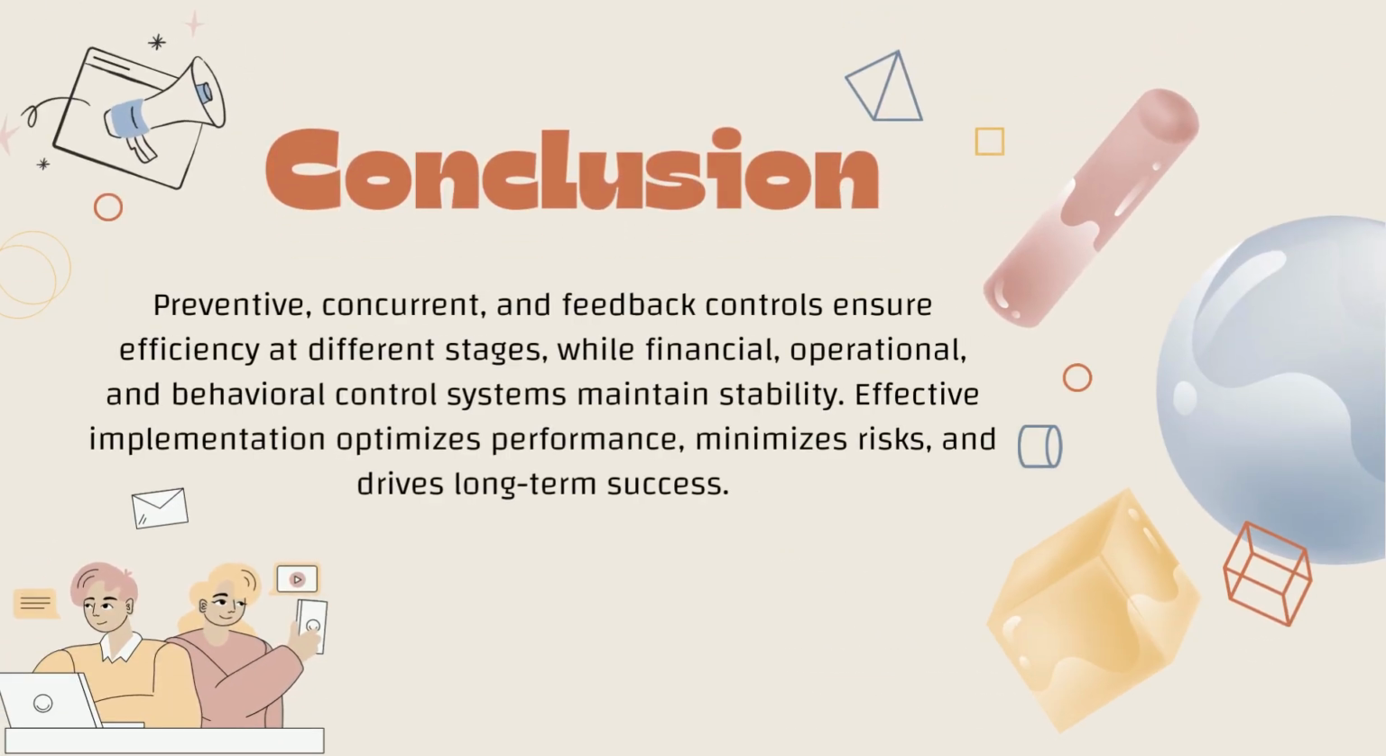Conclusion: three types of control, preventive, concurrent, and feedback, ensure smooth operation at different stages, while control systems, output, behavioral, and clan, help organizations maintain stability and strategic alignment by effectively implementing control. Business can optimize performance, reduce risk,